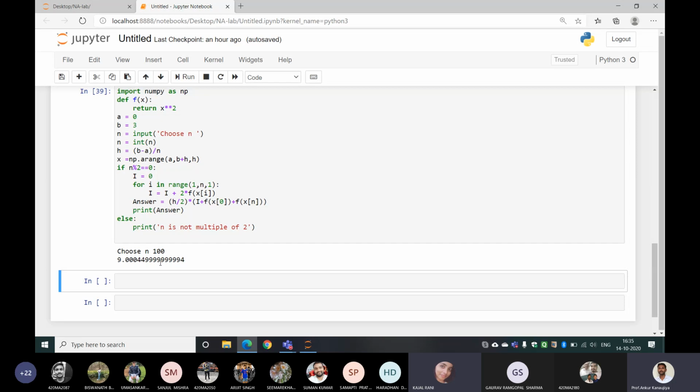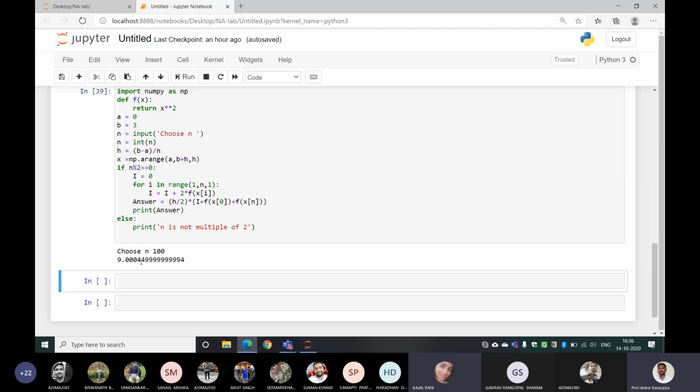This is a general question, not related to this. That technique can be used for bisection, Newton Raphson, even for any general context. Suppose I got here the answer 8.99, all 9s, 8.9999 instead of 9.00. Suppose I am getting 8.9999. Will you accept the answer? No digit is matching with the correct answer. That is my question.